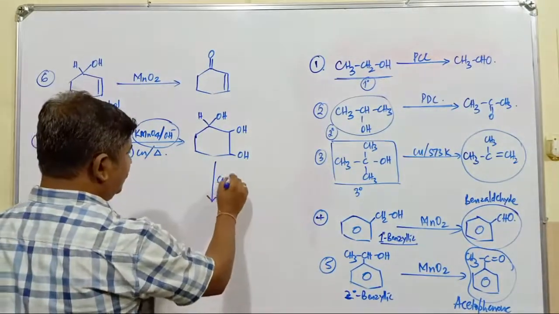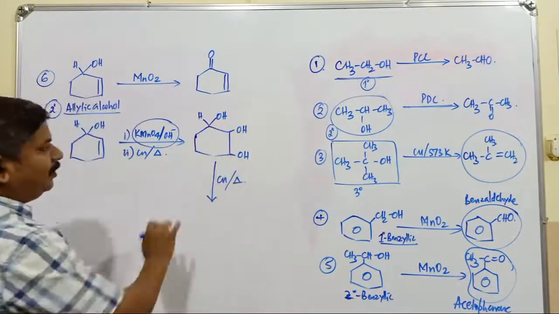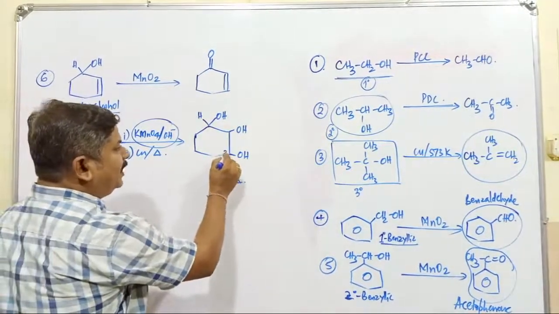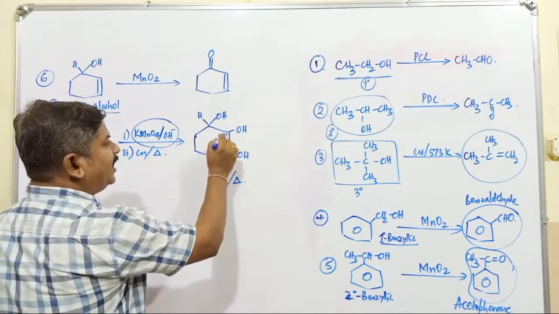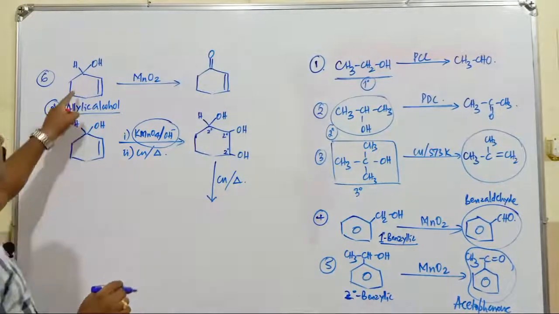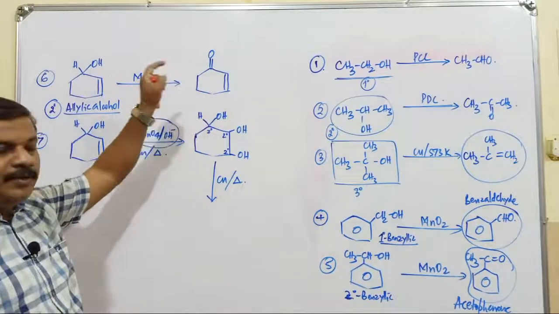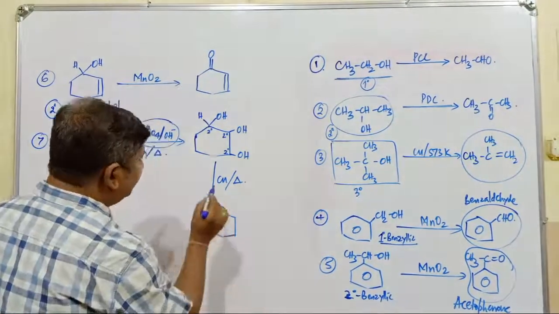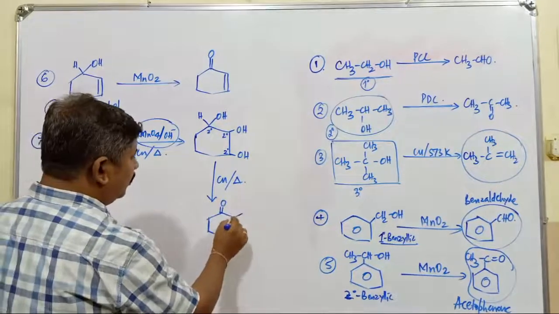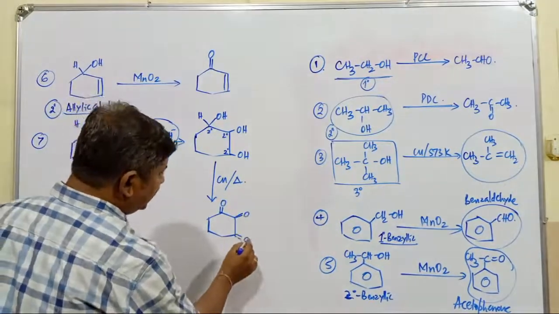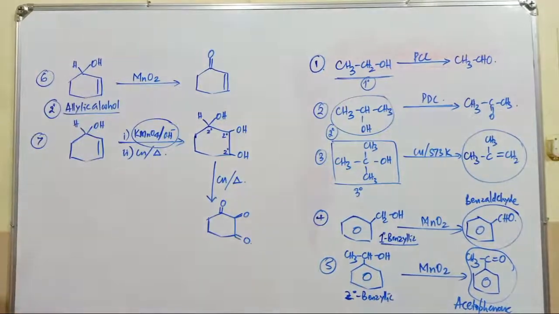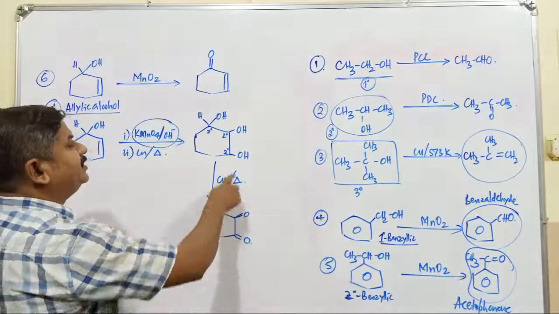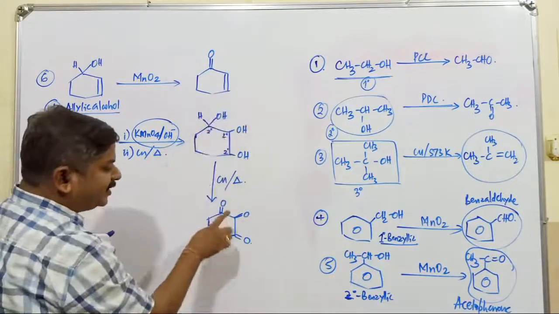Further, the vapors of this alcohol compound are passed over copper. What is the nature of this alcohol? It is a secondary alcohol, this is a secondary alcohol, this is a secondary alcohol. All secondary alcohols get oxidized into what? Ketonic compounds. So the product obtained in case of this one has double bond O, double bond O, and this is also double bond O. A compound with three ketonic functional groups is obtained, which is cyclic in nature. So this compound is different and that compound is different.